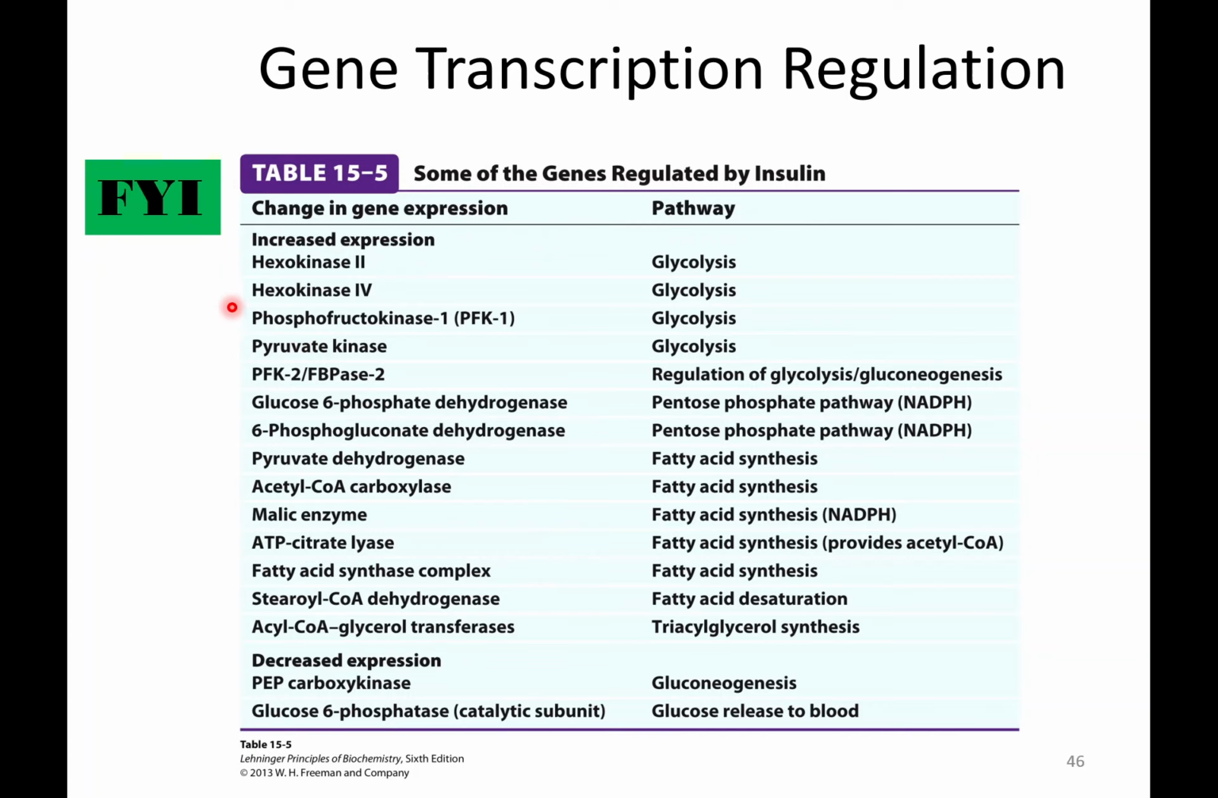If you have the signal of insulin, you want to get glycolysis going. You want to use up some of that blood sugar to make energy or to make other molecules. Okay, what you have decreased expression of is enzymes in gluconeogenesis, and then an enzyme